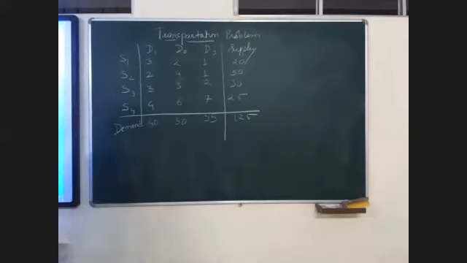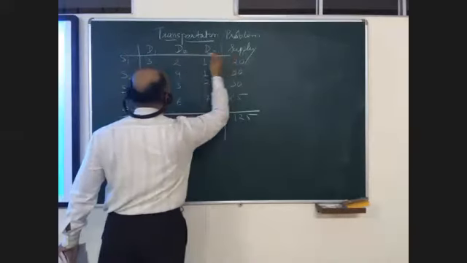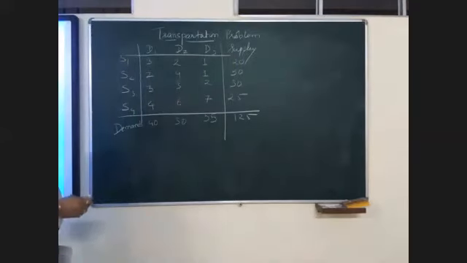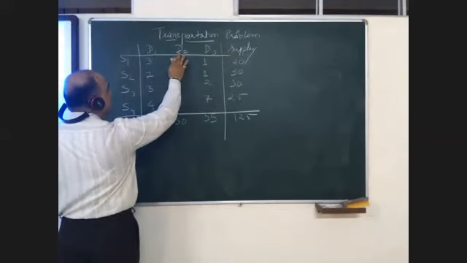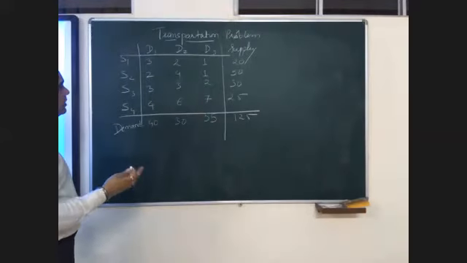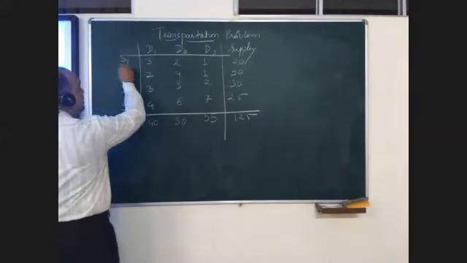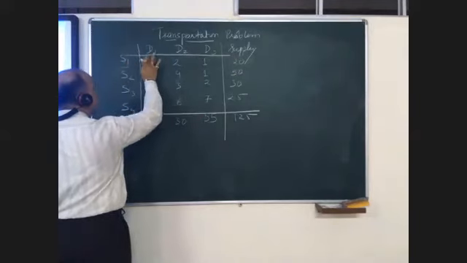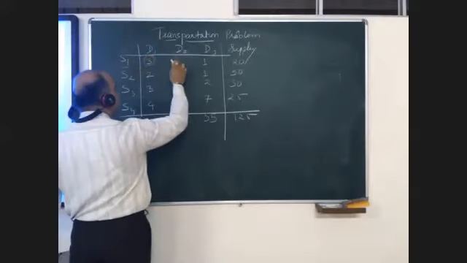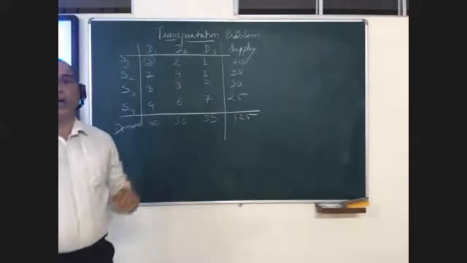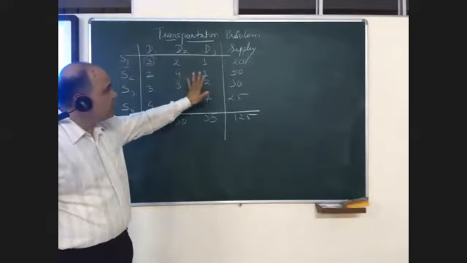Great. This is a simple transportation problem where row wise I have given the supply centers. We have 4 supply centers, S1, S2, S3 and S4. In demand, we have 3 demand centers, D1, D2, D3. You can consider supply centers as different states and demand as again different states. So when we supply something from S1 to D1, per unit cost will be 3. Similarly, from S1 to D2 per unit cost will be 2, and from S1 to D3 per unit cost will be 1 respectively. So you can understand what we have written.